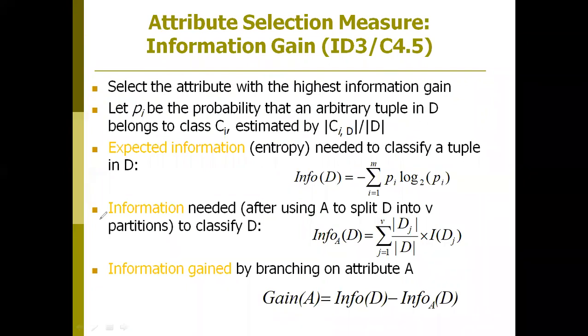And coming to the second formula, what is the second formula we have? Here we have information needed to classify D. Now here we are going to calculate the information gain for a particular attribute, an individual attribute. Here we have 4 attributes, isn't it? Within the table: age, income, credit rating, and one more. So 4 attributes are there with us.